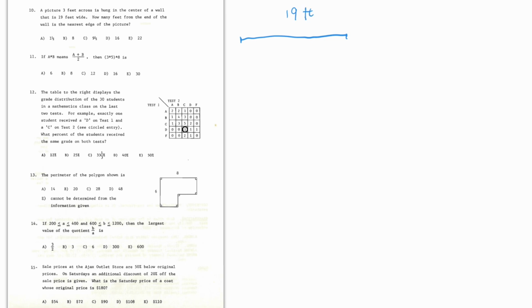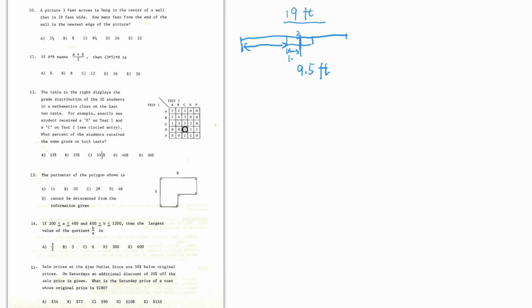and the picture hangs in the middle. So hang in the middle. The picture is 3 feet wide, and they ask the distance from the wall to the nearest edge of the picture. So for the wall, 19 feet wide, the center is 9.5 feet. And for the picture, 3 feet, the center to the edge, so this part,